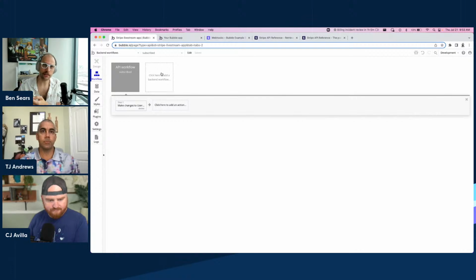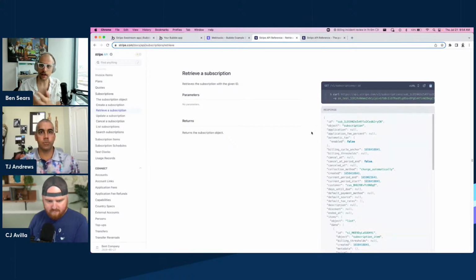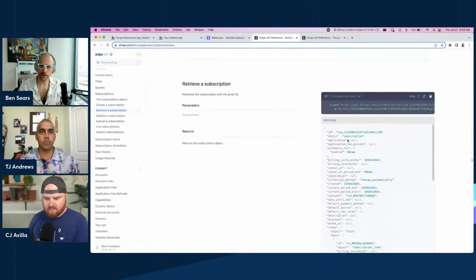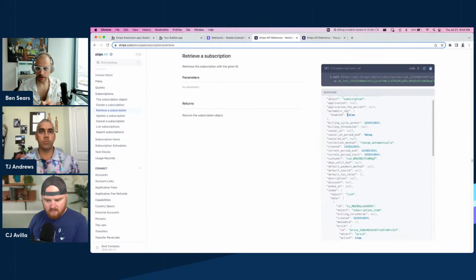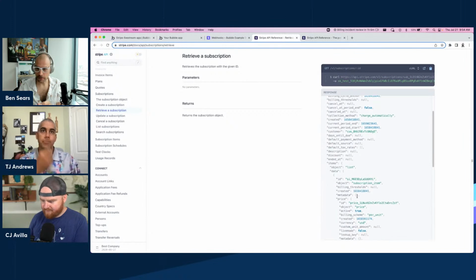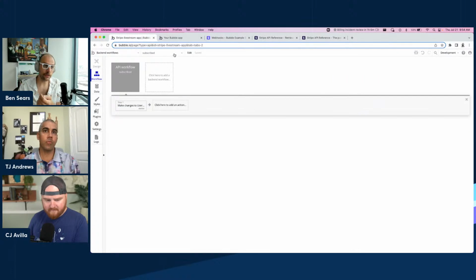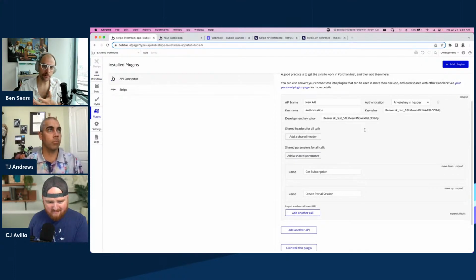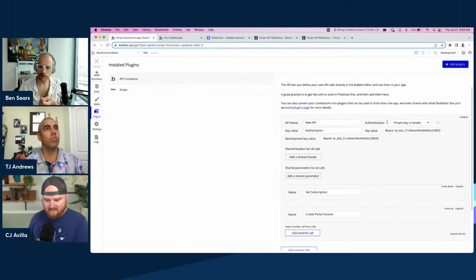Now, what does that mean exactly? So we have here the API call to get a subscription. This is just the Stripe API, right? So in here you have the price ID that we're trying to get, and in order to do that, we're going to use something that TJ showed us earlier, which is the API connector. Now, I have already set these up, so I'll just kind of show how it works. So we have here